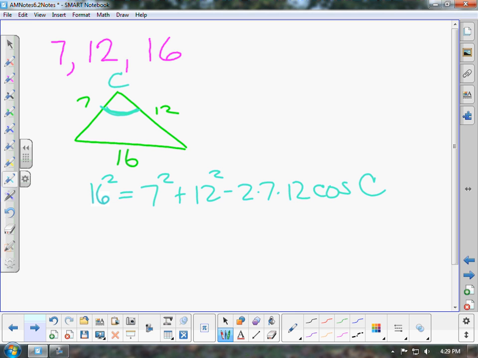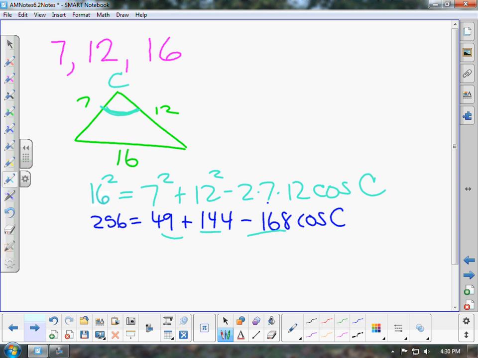And so now you just have to perform your math with it. 16 squared is 256. 7 squared is 49, 12 squared is 144, minus 2 times 7 times 12, which is a negative 168 cosine C. Now here's where people will make a common mistake: they'll take 49 and add 144 and subtract 168